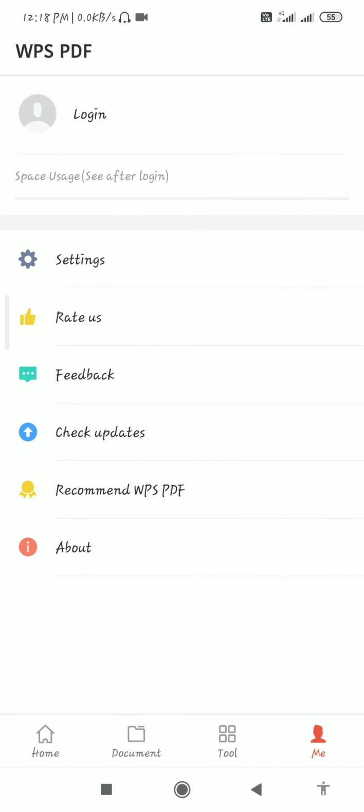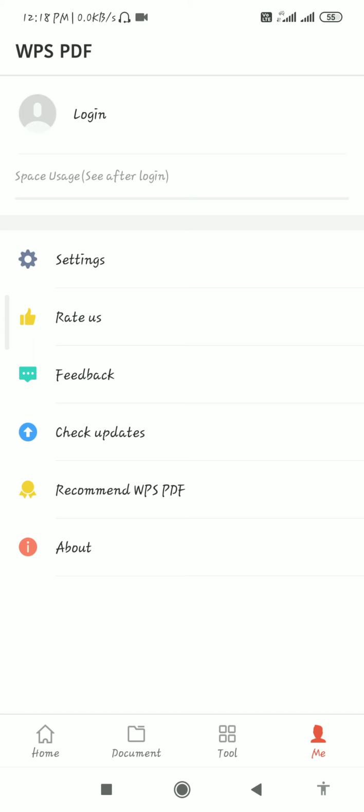Now here is an option for you to rate this application. After using this application, you can tell the Play Store whether this application is good or not, how good this application is. You can give your rating through five stars.